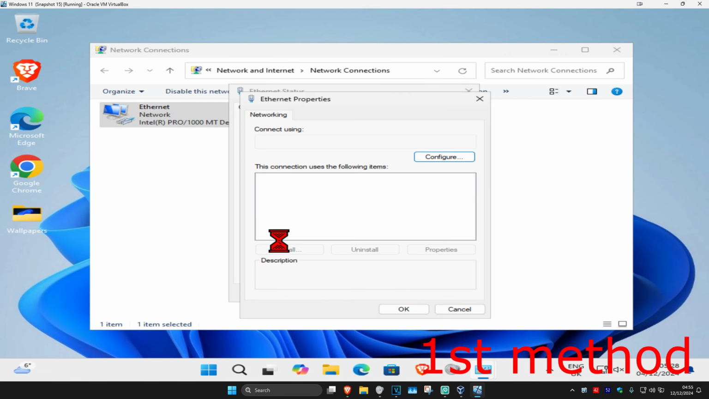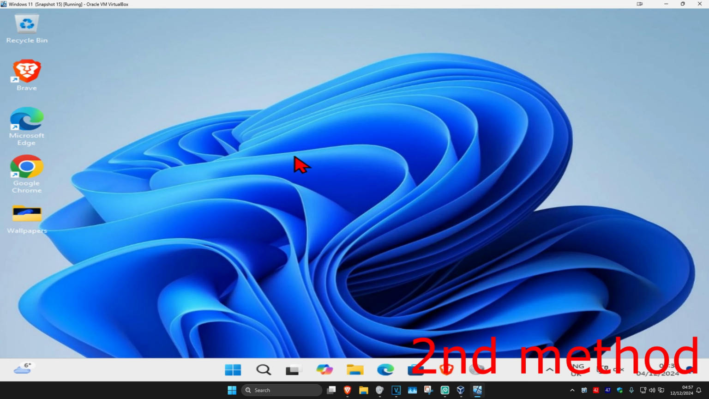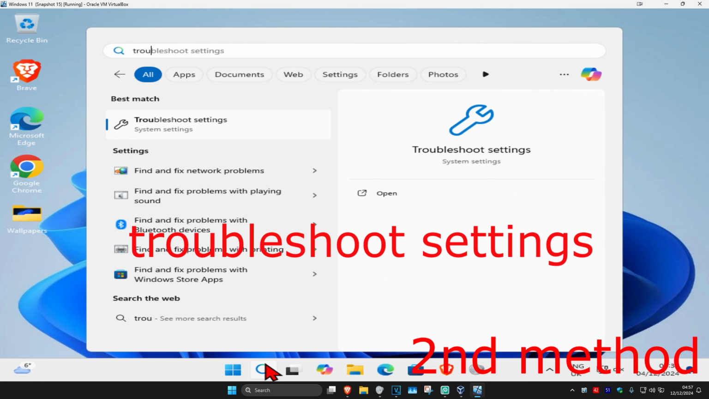And then click on Internet Protocol version 4. Make sure you have obtained the IP address automatically selected and obtained DNS server address automatically also selected. And then click on OK. If that's still not working, for the next method, you want to head over to search and type in troubleshoot